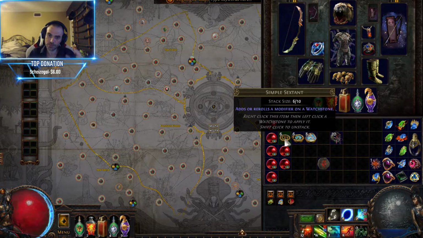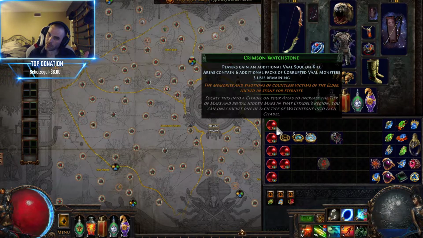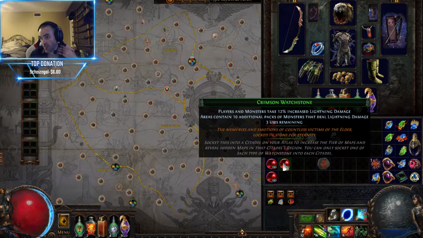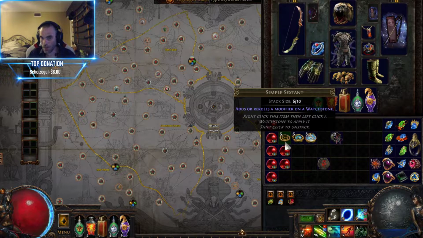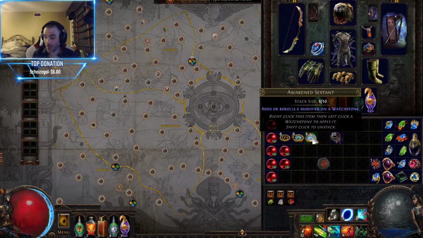The covered sextants, I believe. Okay, the thing to know about the sextants is they're going from 6, 8, 10 monster packs, because that's the quantity increase, and they're just going down by 2, so it'll be 4, 6, 8. Still super beneficial. Using simple sextants, you can use 9 times as many as the awakened,